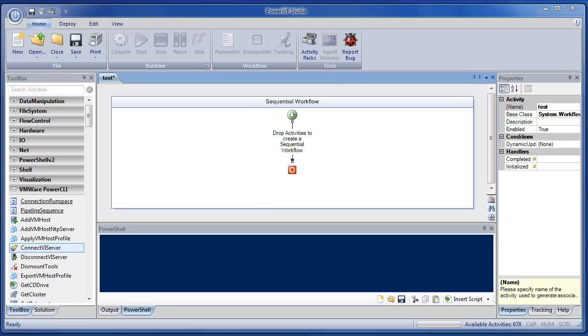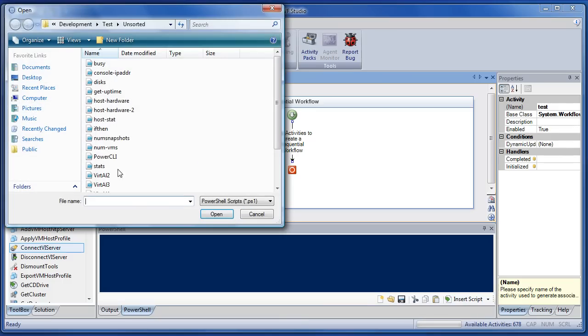Hey, this is Ben at DevFarm again, and I'm going to tell a story here about taking a PowerCLI script, something I found from the internet that's useful, that gathers some stats, and have that gather some data and push that data into Perfmon. So I start with a blank canvas here in PowerWF, and I'm going to grab a